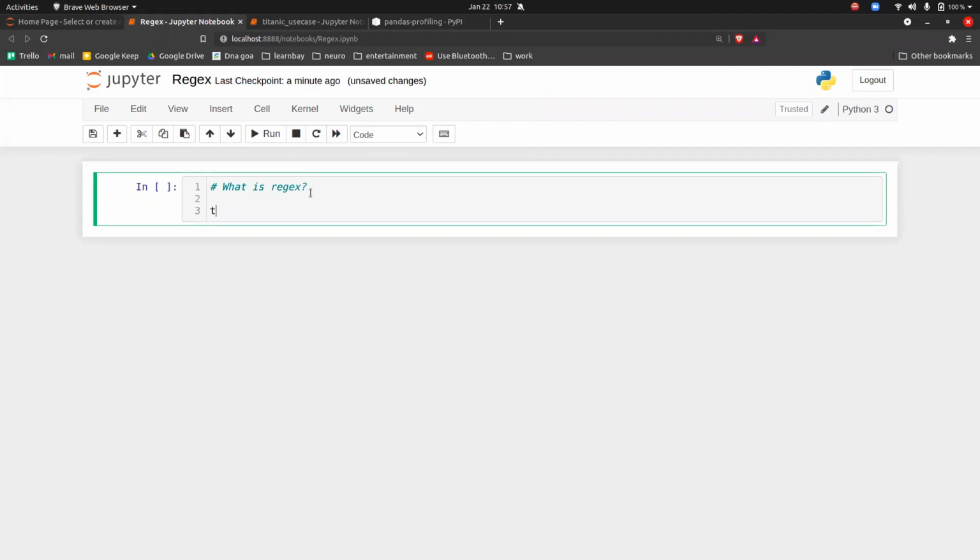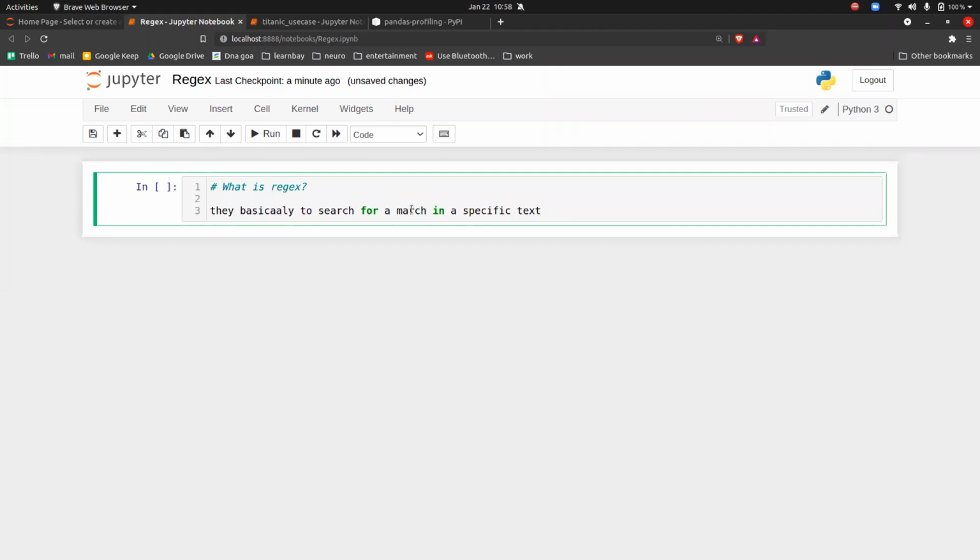So they basically allow you to search for a match in a specific text. For example, let's say you have a very long text.